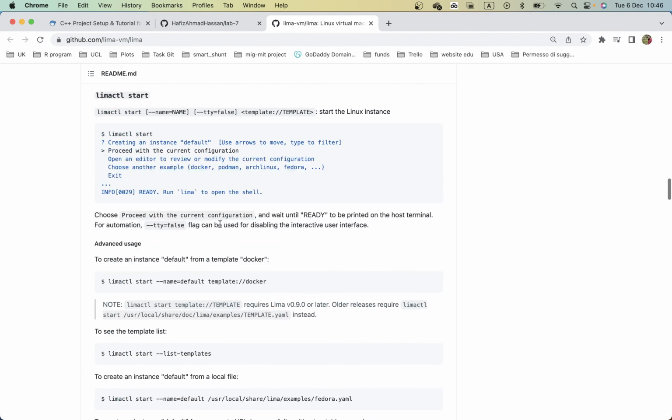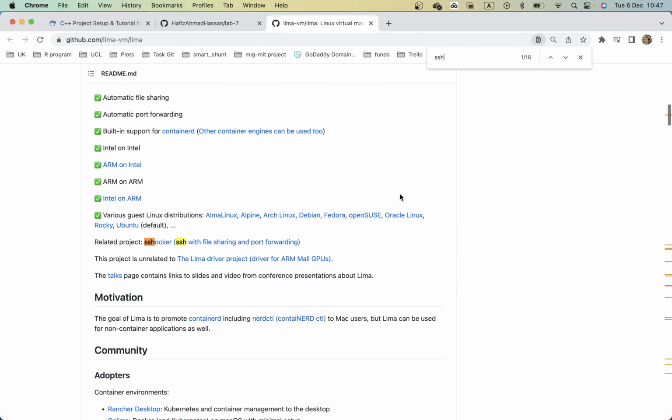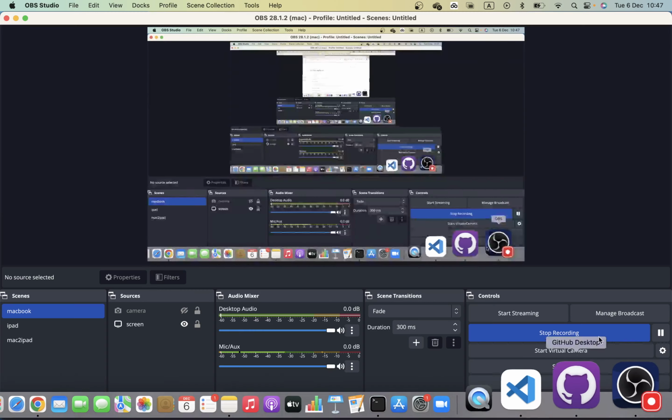Yeah, so search for SSH. Yeah, the SSH default port in Lima is localhost 60022. And that's it. Thanks for